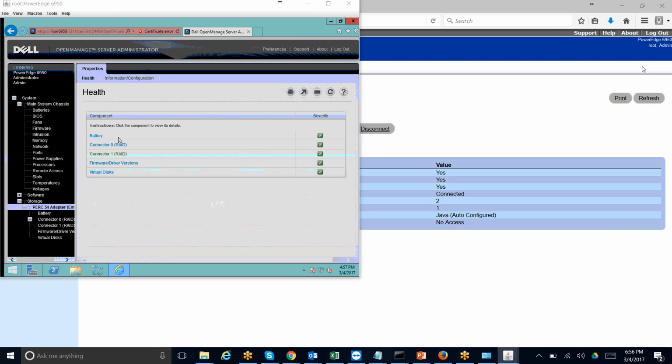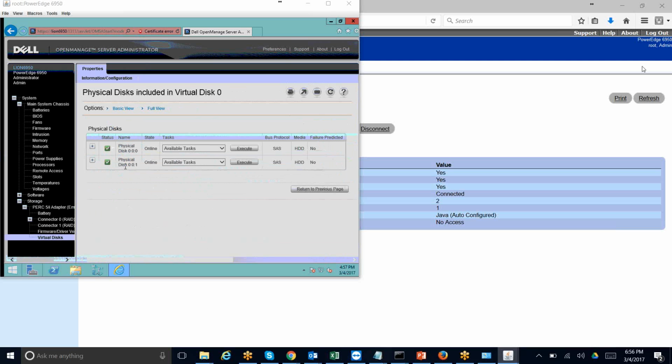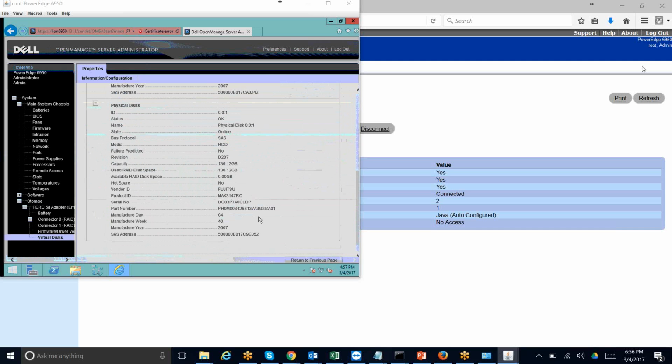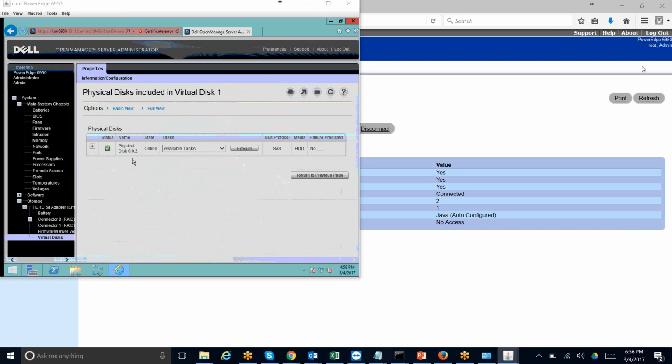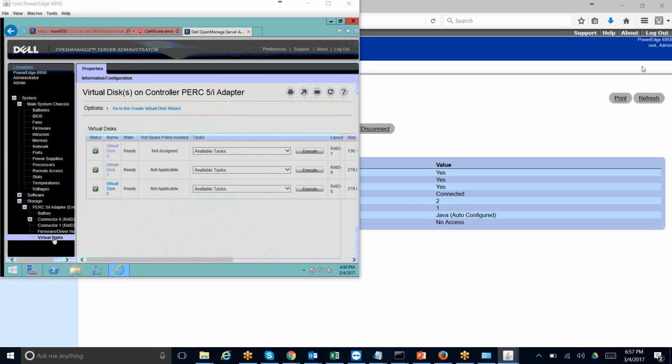So मैंने पहले रेड 0 कॉन्फ़िगर किया था, फिर उसके बाद यहाँ आके रेड 1 एंड रेड 2 बनाया। तो रेड 0 के अंदर देखो मेरे पास दो डिस्क हैं ऑफ 136 GB। ये एक डिस्क हो गई, ये एक डिस्क हो गई। तो उसकी पूरी इंफॉर्मेशन डिस्क की, और ये रेड 1 की डिस्क है, सॉरी रेड 0 की डिस्क है, 278 GB।